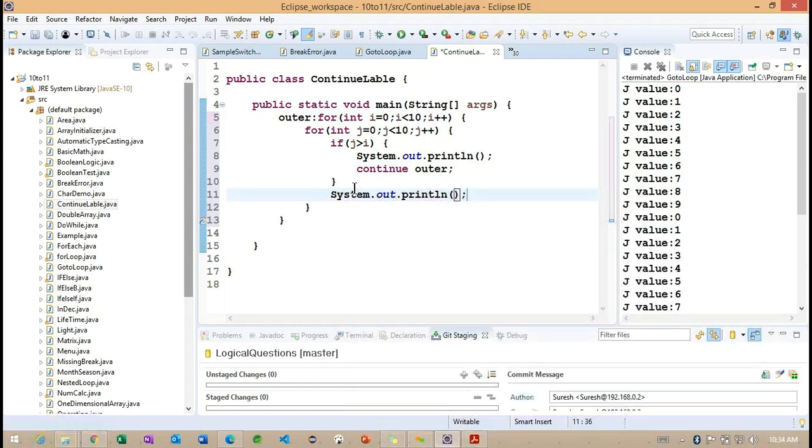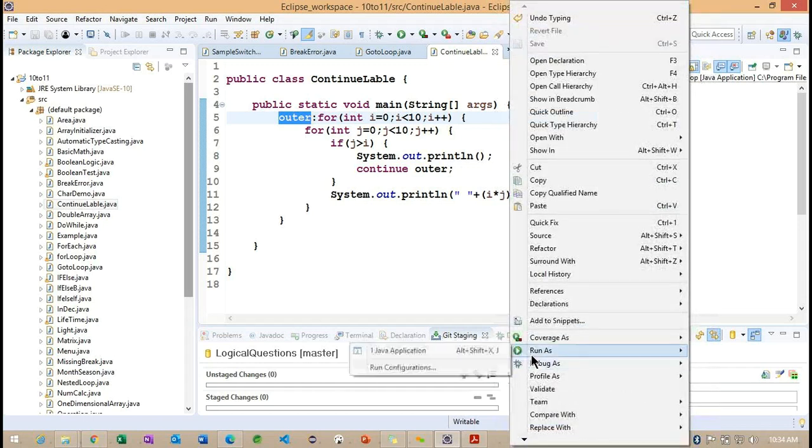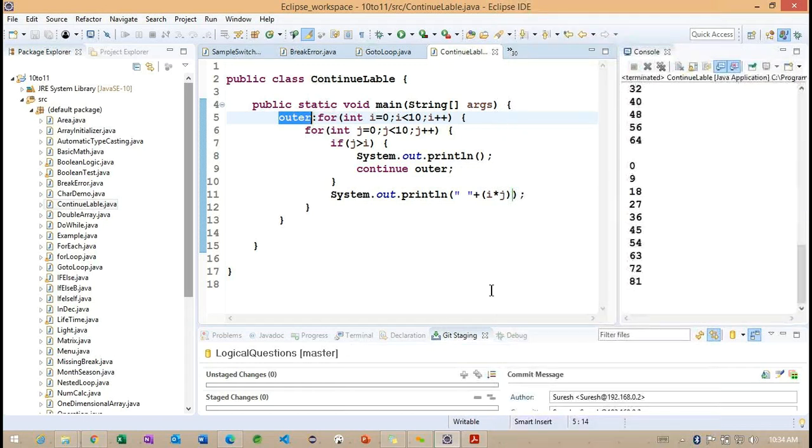Simply I want to provide a value, something called i into j, i into j I want to provide here. Observe carefully how exactly this example is going to work. So using this particular label we are going to work on the simple examples here.